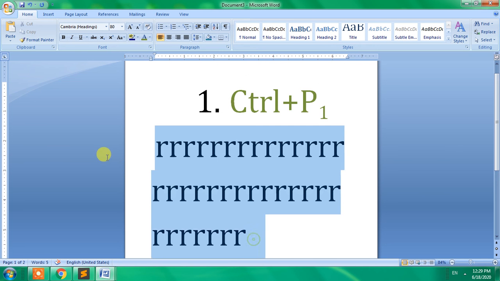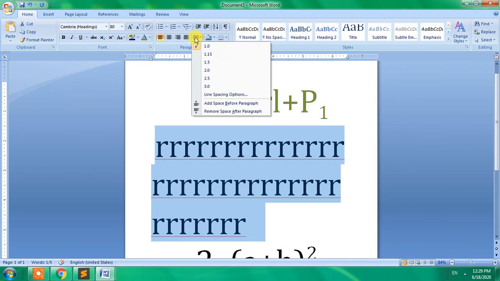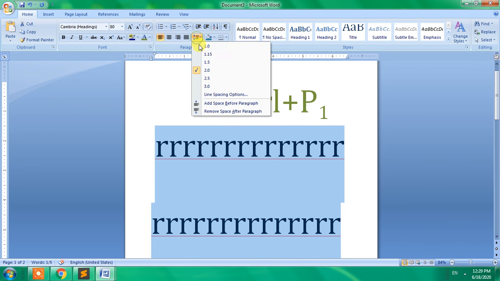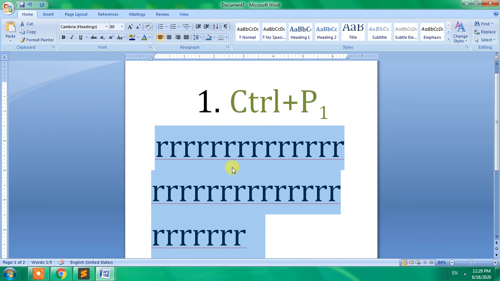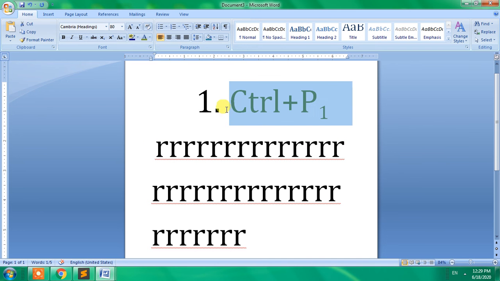Okay, suppose the inner line gap is not what you want, then you can extend it or make it lesser. In this case I have made it lesser, and if you want to make it larger you can do it by pressing here. Okay, so let it stay as it was. And one thing more, if you want to change the color of the text, you can press on this